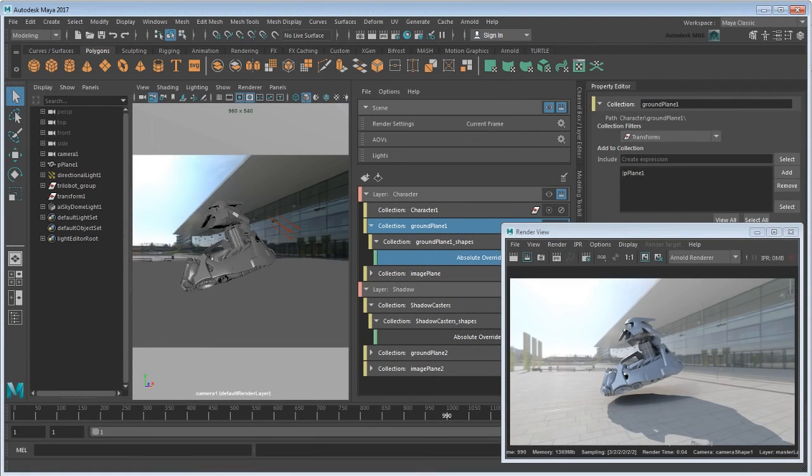This video introduces you to the basics of the new render setup system. The final result will enable you to create a render setup like this one. In this scene are a robot, a ground plane, an image plane, and an AI sky dome light to provide image-based lighting. The sky dome light simulates light from a dome above the scene and represents the sky in an